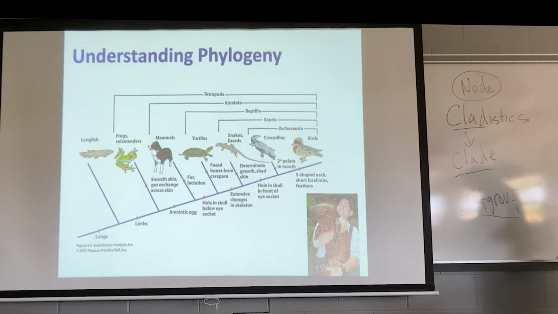So here is a typical tree. You're going to see a lot of trees in textbooks. If you take biodiversity or vertebrate anatomy with me next semester, we look at lots of trees because it's the easiest way to say, okay, here's where frogs are, and this is how they're related to all the rest of vertebrates. Now we can focus on frogs, right? And when you draw the tree like this, notice you have one line that starts here and goes all the way up and ends. Typically, that would be the common ancestor, or what we would call the rest of fish over here that you don't see on the left. And then there is one group of fish that is kind of our outgroup here,